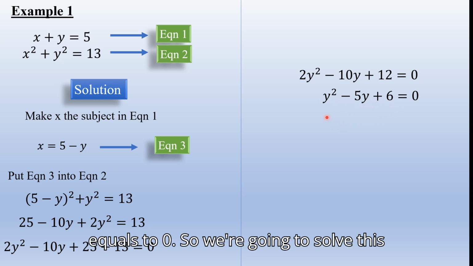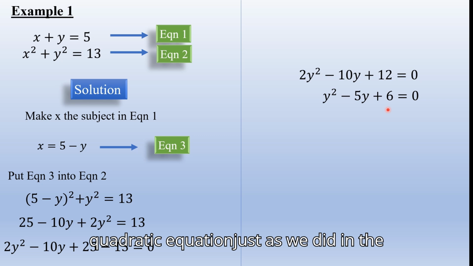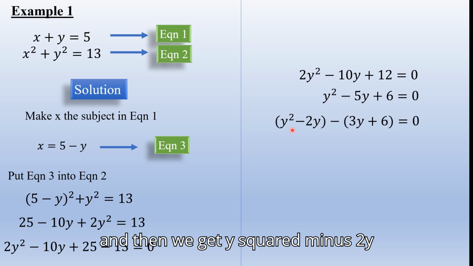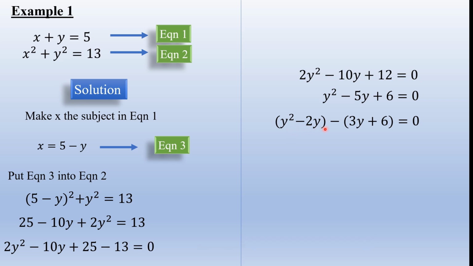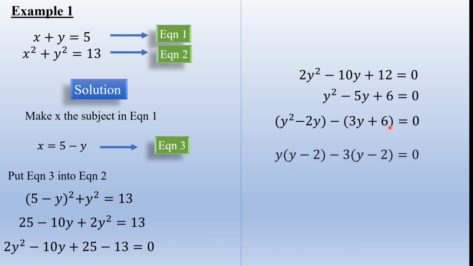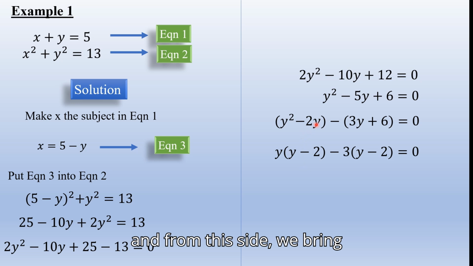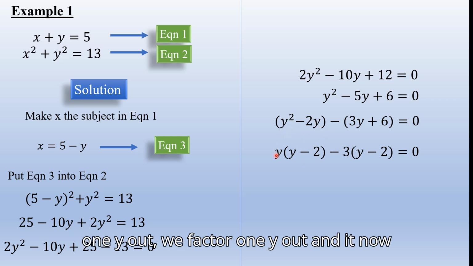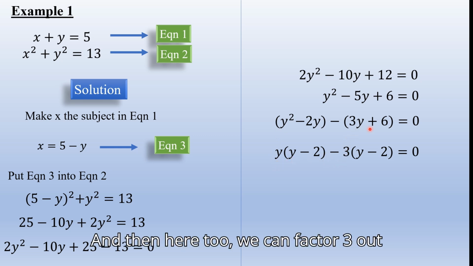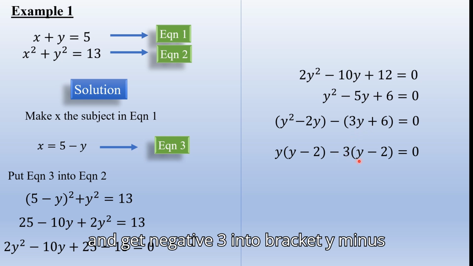So we're going to solve this quadratic equation just as we did in the previous videos. So find the factors, and then we get y squared minus 2y in the bracket, and then minus 3y plus 6 equals 0. And from this side we factor 1y out, and then that becomes y into bracket y minus 2, and then here too we can factor 3 out and get negative 3 into bracket y minus 2